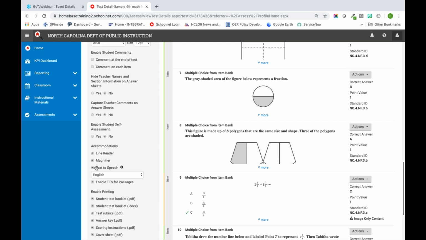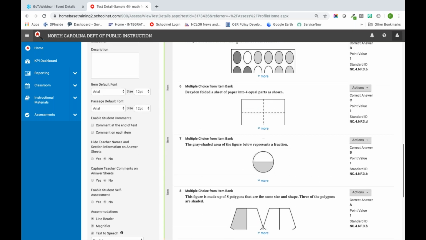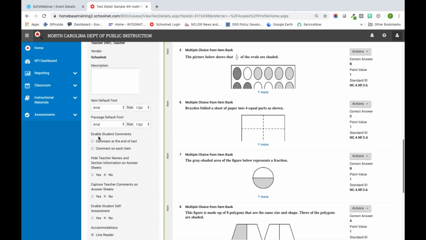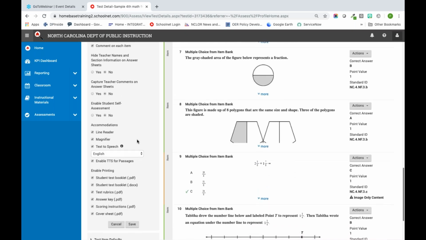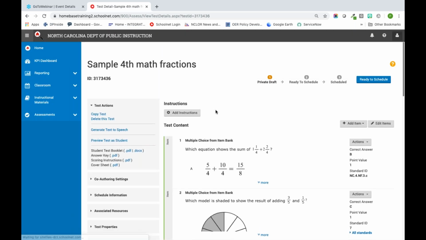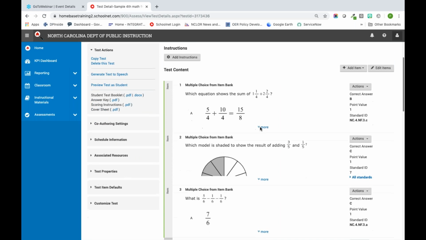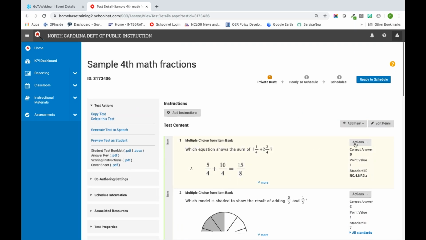So I've just enabled all the accommodations. Another thing that I like to do is this enable student comments. I like to allow my students to comment on each item, and I'll show you why in just a second when we preview the test. So I'm going to click on Save. All right, and you'll notice now that I have my items, and I still have the ability to go in